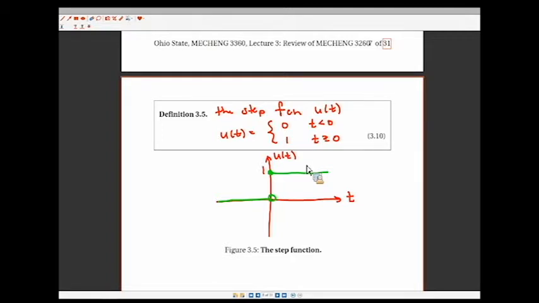Also, the things we're going to be looking at are robotic systems. A step function can represent a command for the robotic system to go from, say, position 0 to position A, or say 45 degrees. Say I have a robotic system with a revolute joint in it, and I want this robotic arm to go from, for you guys, this is 0,